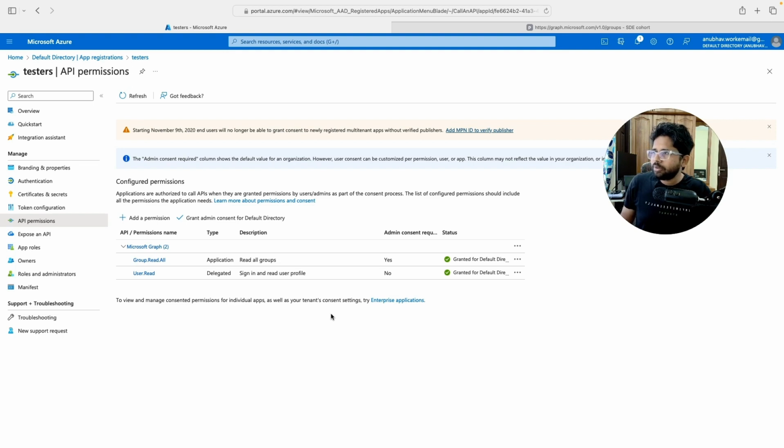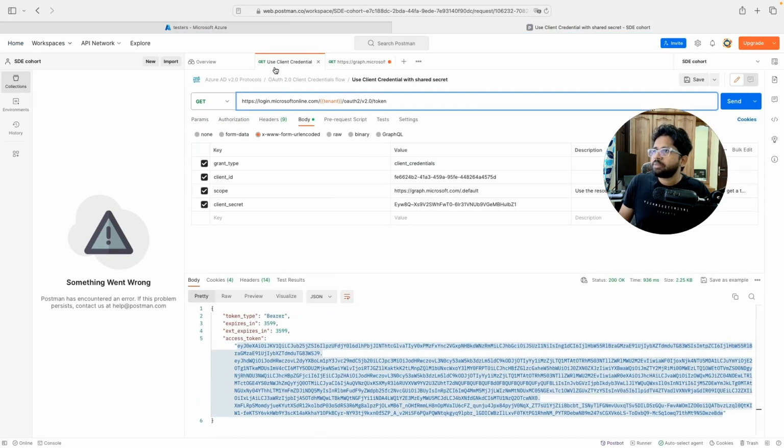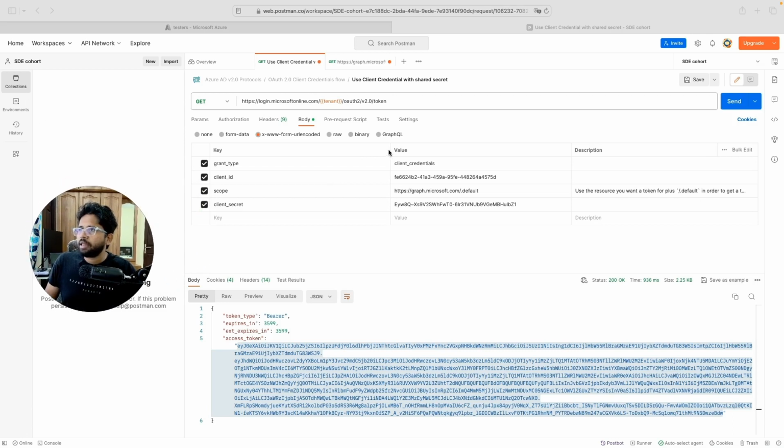But here, what I wanted to show you is that I can create a JWT token using the client ID and secret. So basically, whenever you have a JWT token, I can create some client ID and some client secret here. I have a client secret and client ID here, and I'll go to Postman to create the token. To create the token, we have this API. We can call the API of Microsoft, login.microsoft slash. These are the basic steps you don't need to care about in this particular video.